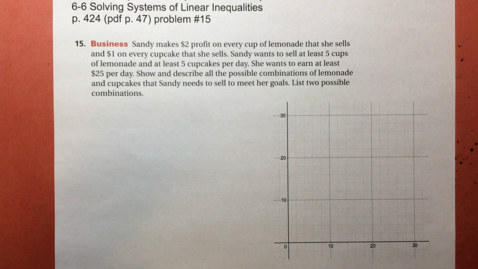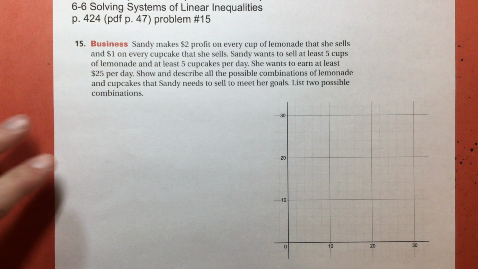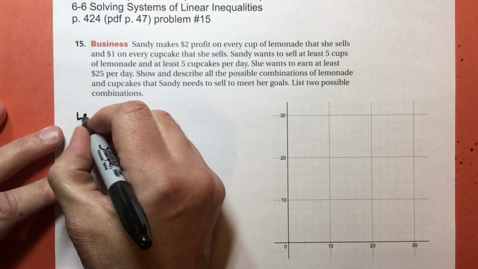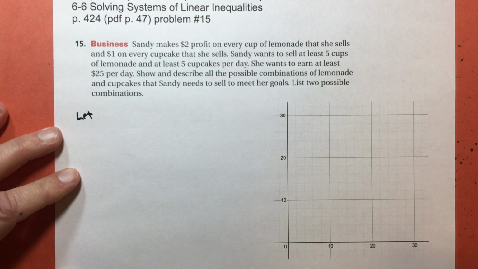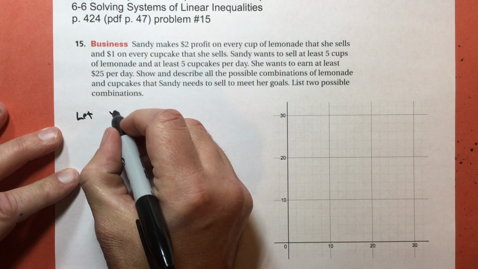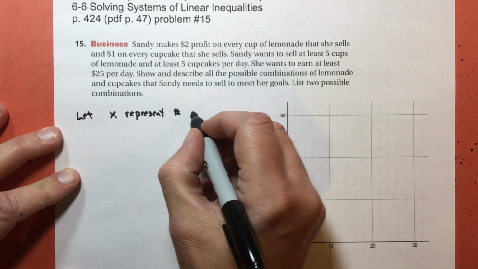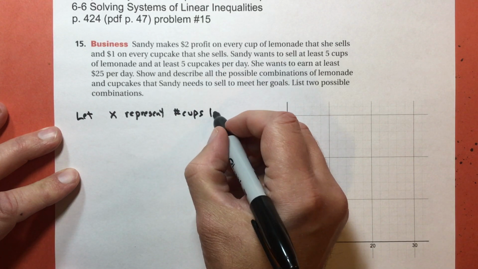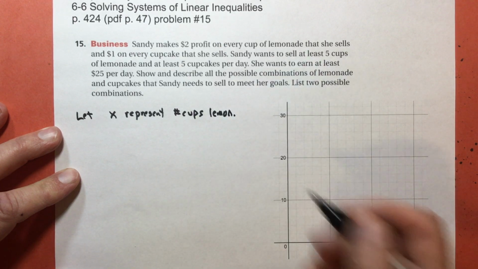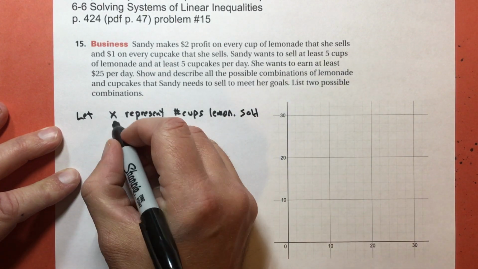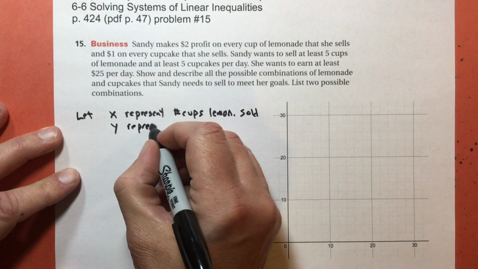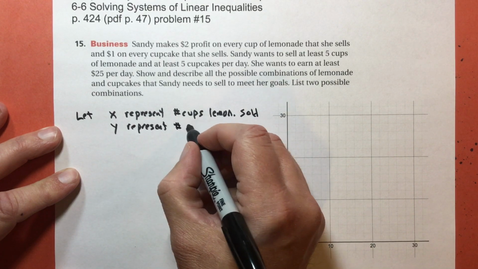So we're going to graph this and find out how many of each she needs in order to meet her goals. The first thing we've got to do is talk about what symbol we're going to use. This is called defining your variables. So I'm going to tell the reader, the audience, I'm going to let X represent the number of cups of lemonade. I'm going to abbreviate because I'm running out of space. Sold. And I'm going to let Y represent the number of cupcakes